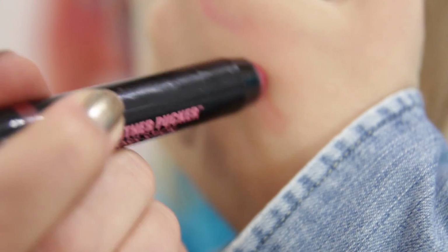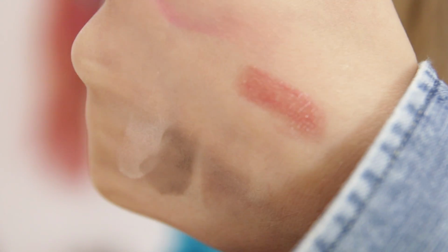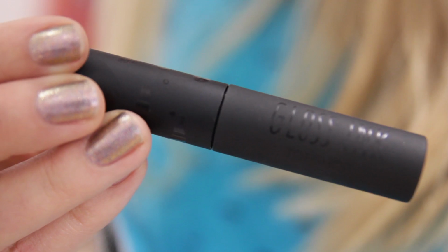And then lastly, for lips, in autumn I do like to go a little bit darker with my lip shades, but most of the time in the daytime I'll wear a lip balm or a tinted lip balm. I love this one. I've spoken about the nude version of this a lot. It's the Soap & Glory Sexy Mother Pucker gloss stick. It's kind of like a balm gloss hybrid, and this colour is Plum Jam, so it's kind of a deeper berry colour. It's just really comfortable to wear, glossy, and it tastes gorgeous and vanilla-y, and it's just a really great kind of daytime, not really too much effort, but you know,